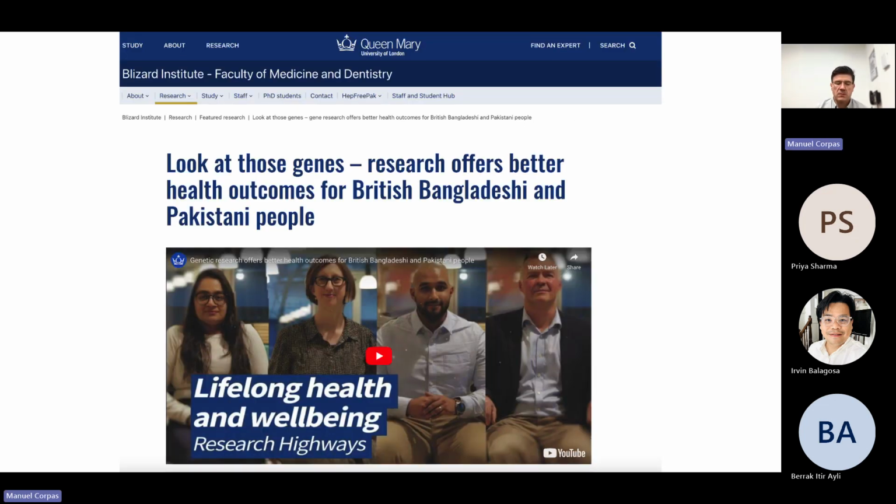Whereas some big universities, such as Queen Mary University of London, have devoted strong efforts to characterizing health outcomes for British Bangladeshi and Pakistani people, with a very strong investment in these communities here in the UK. That hasn't happened for Latin American communities. And I, as a consequence,